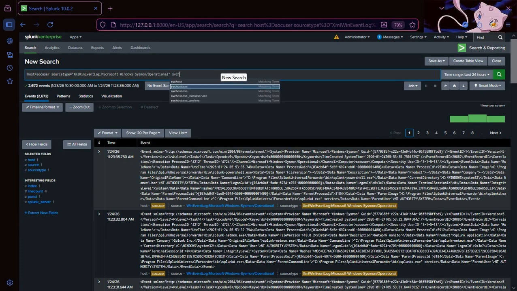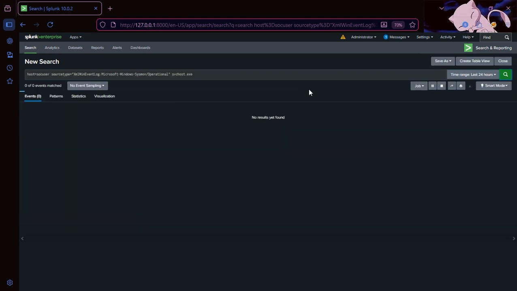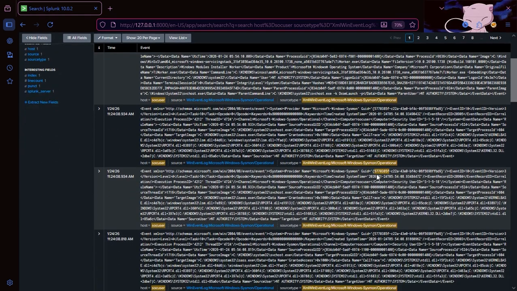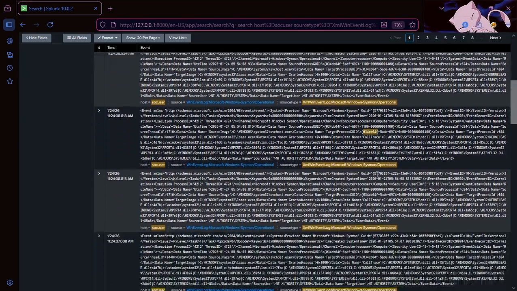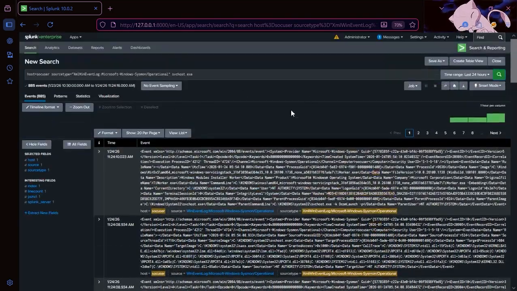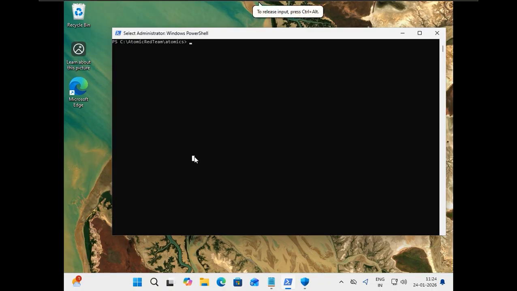Okay, so first let's see the svchost.exe, whatever we saw there. Okay, so yeah, you can see the logs, you can read them one by one. Okay, so now we will be searching for